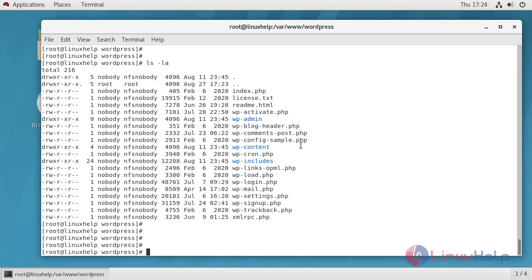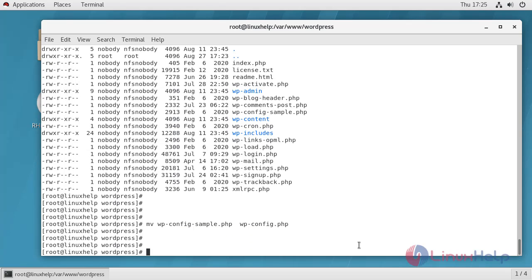Here rename sample.php file into config.php. Now I am going to edit config.php file.